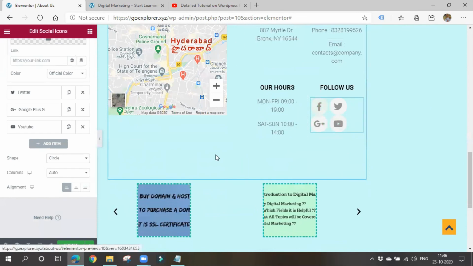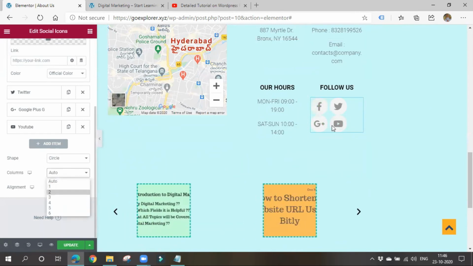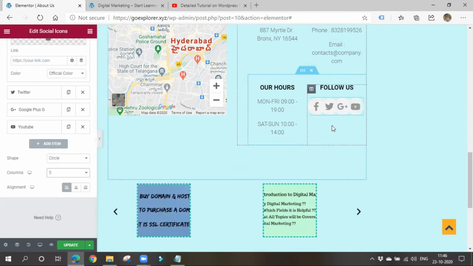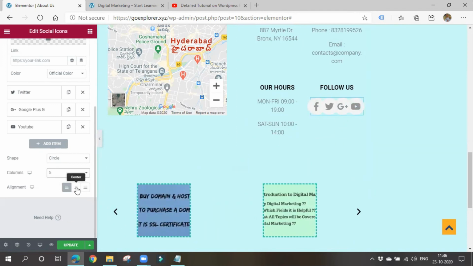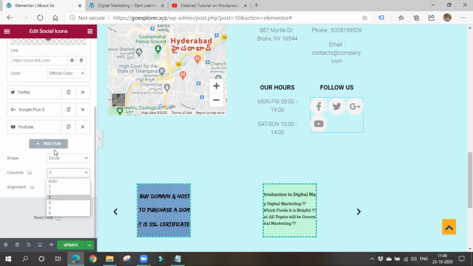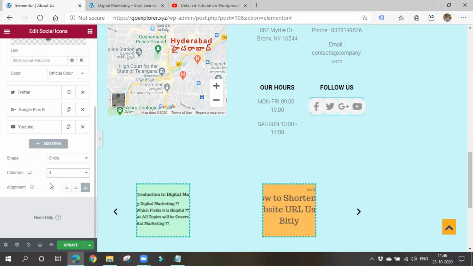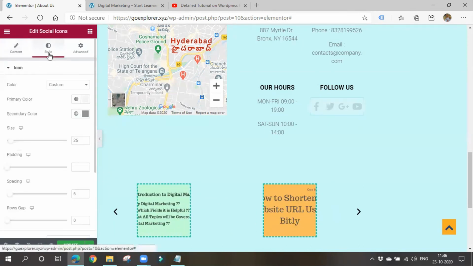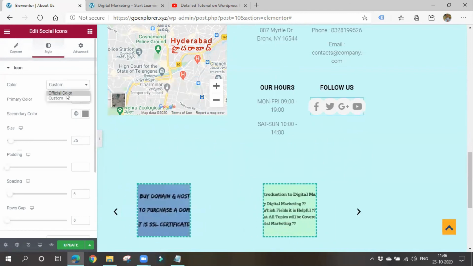You can choose. So columns, how many columns do you want to show? I want to show 5. So like this, you can show alignment in center, right, left, whatever it may be. Okay, so you can also go for styling. Everything is same, but you have to go and check once or twice.